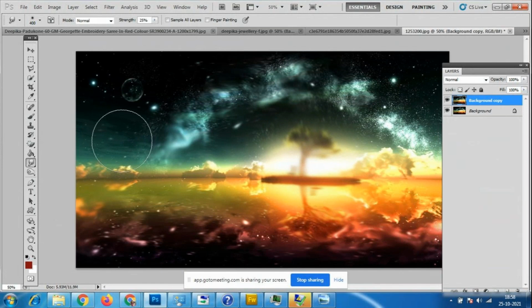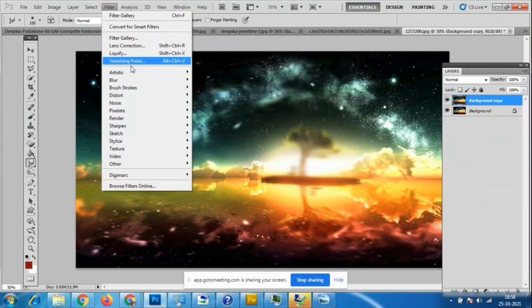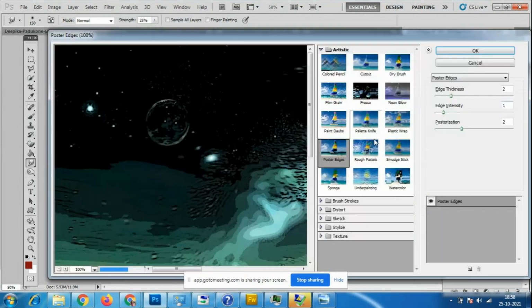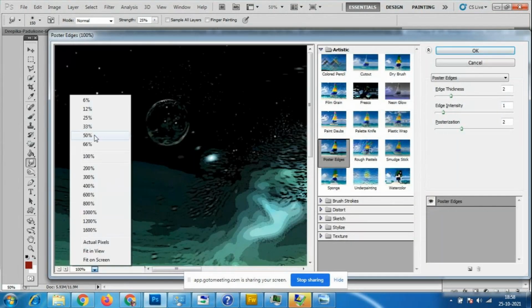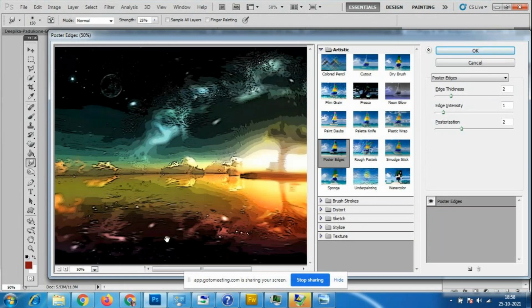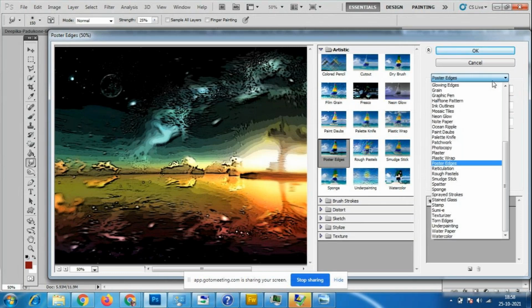Afterwards, we want to make it as a painting effect. So I'll just go to Filter. In the Filter Gallery we have many painting effects. You can apply any of the painting effects here and make any changes we want. There is an option here, Poster Edges, and we can click on it.